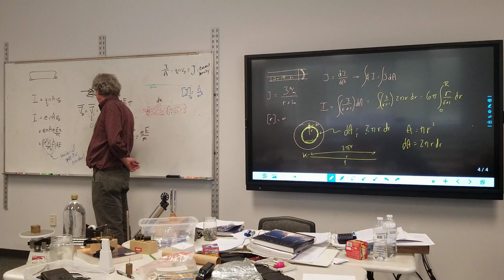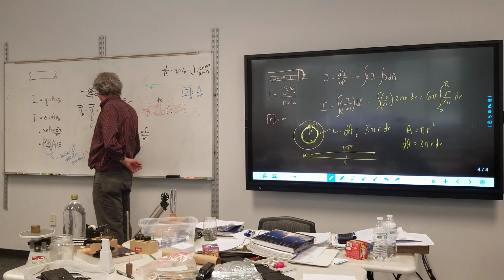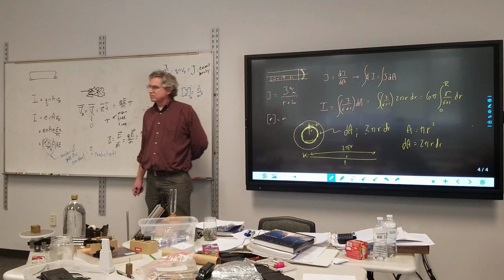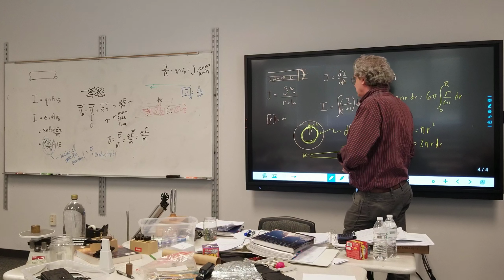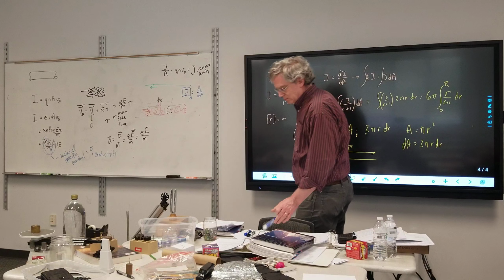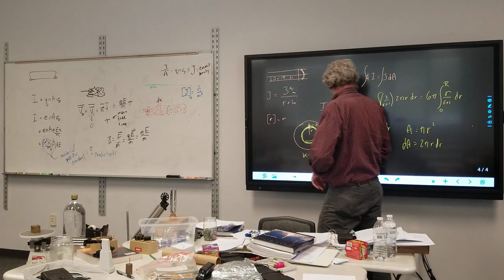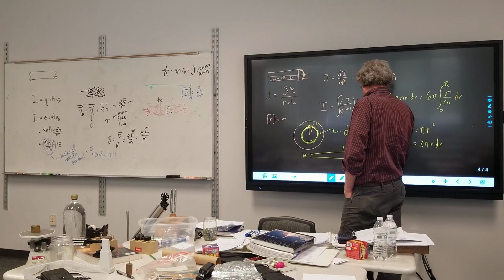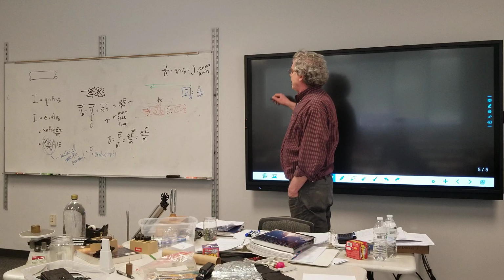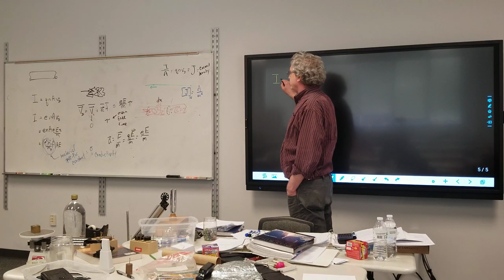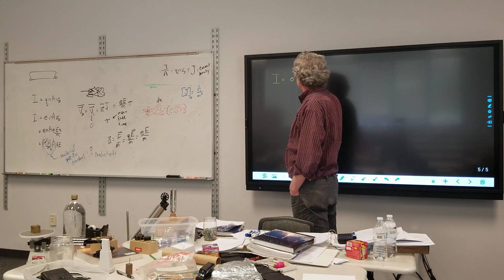This is conductivity. So I've now broken that down into my current flowing through it is equal to the conductivity times the cross-section